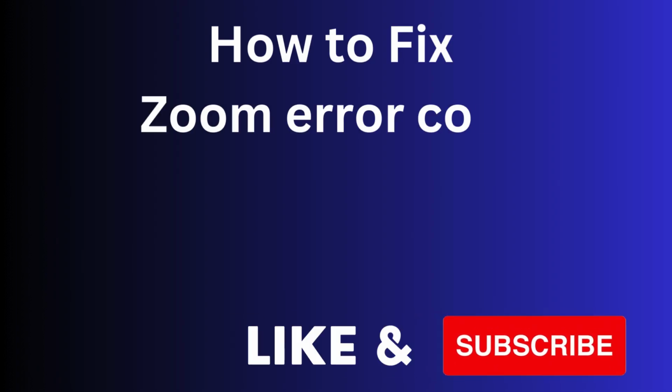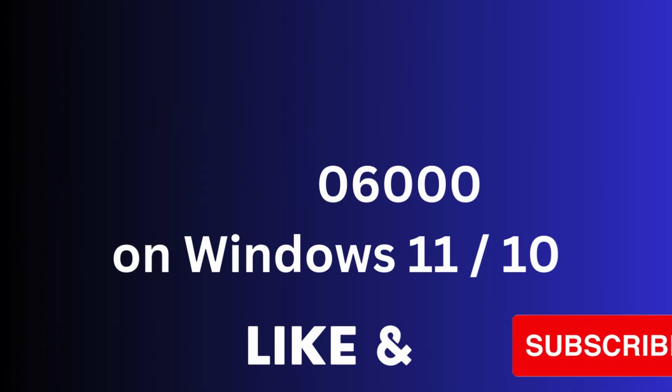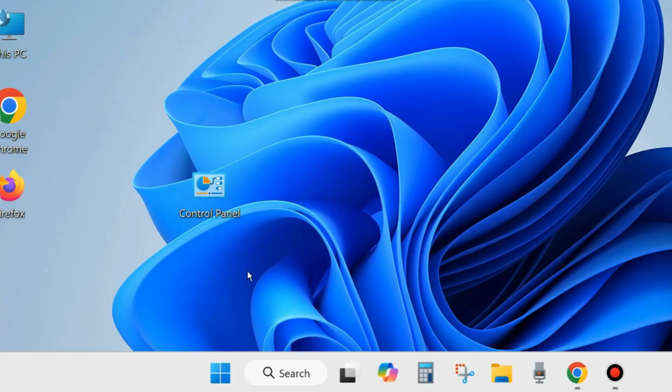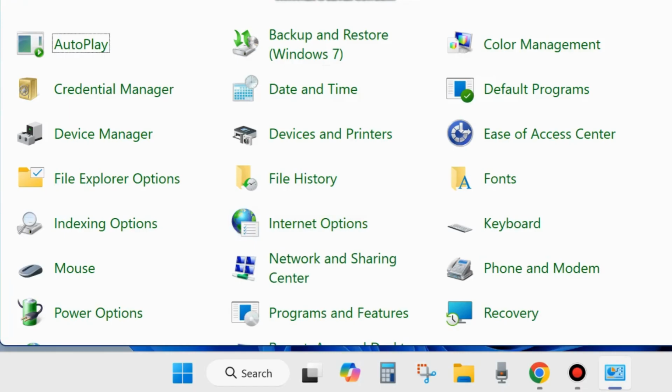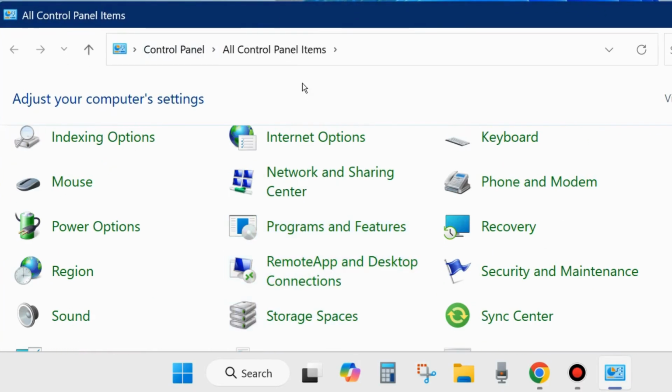Hi guys, in this video we will see how to fix Zoom meeting error code 1000006 on Windows 11 and Windows 10. If you are also facing such a Zoom error, or the Zoom meeting app is not working properly on your system, then here are the fixes. Open Control Panel in your system and here scroll down and go to